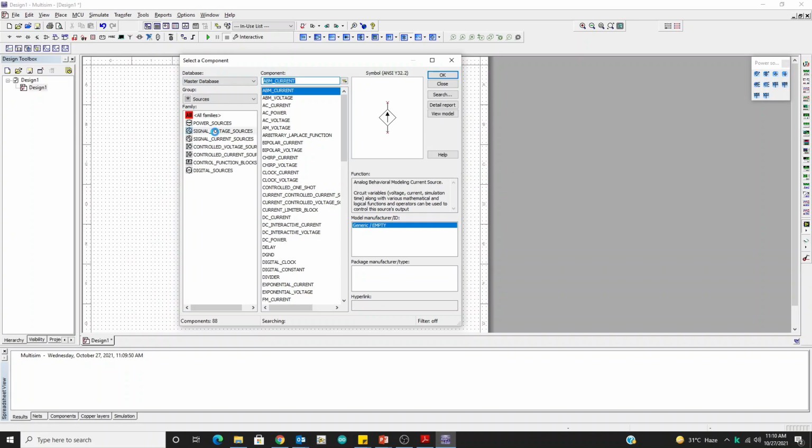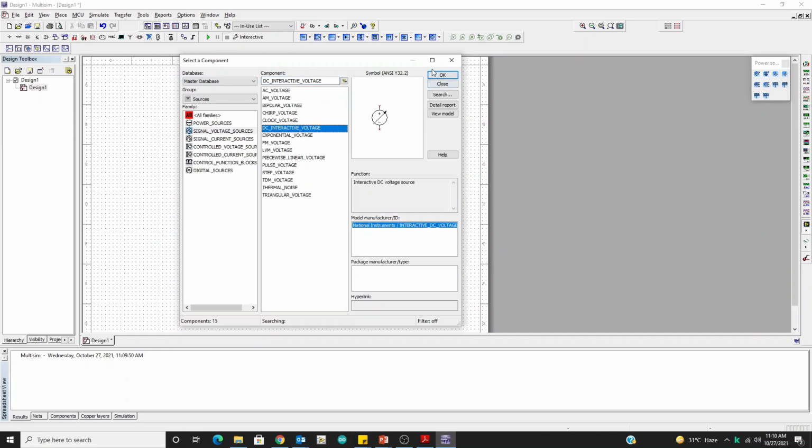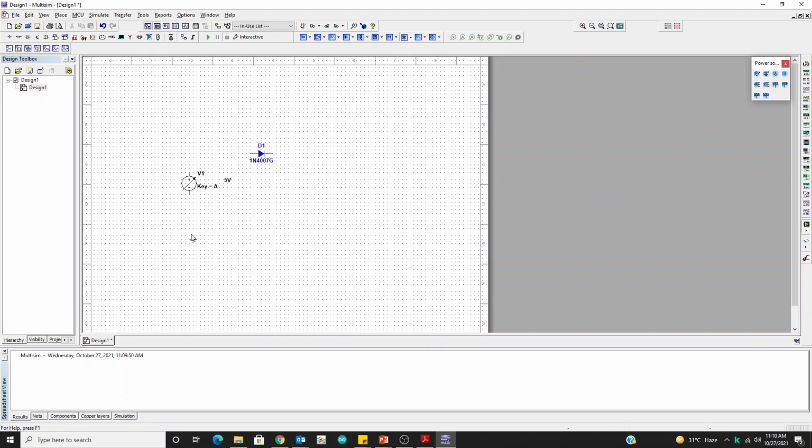We are going to pick a variable DC source like this, and a ground as well. We need a ground. Now we are going to connect it in series like this.